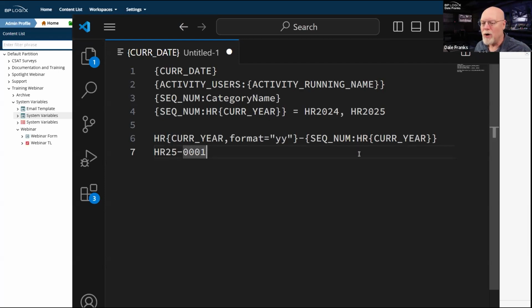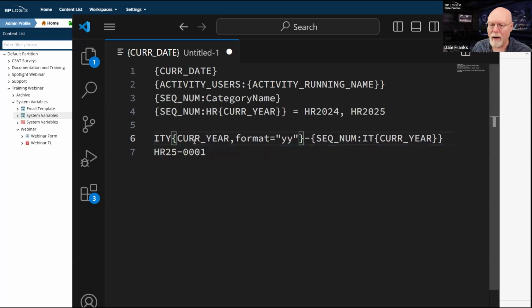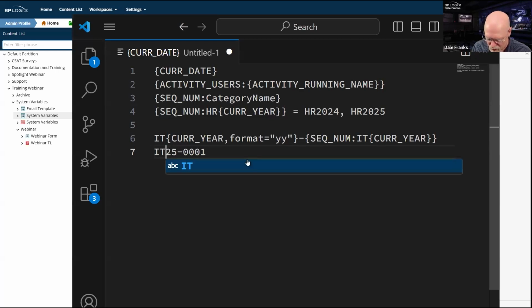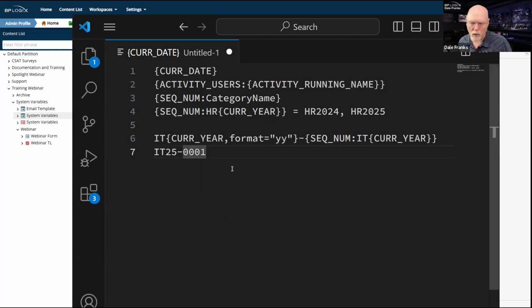So by using this common format, of course, if it's not an HR request, maybe it's an IT request. Okay, then fine. I can just change my system variable to drop in the word IT instead of HR. And what I'll get, of course, is IT25-001. Now, I happen to like this particular sequence number format because it tells me, in general, the type of request that I'm dealing with. It tells me the year that that format was created, and then it gives me the number of requests for that year so that I can see the requests sequentially if I want to.